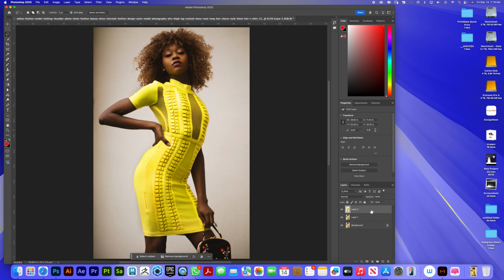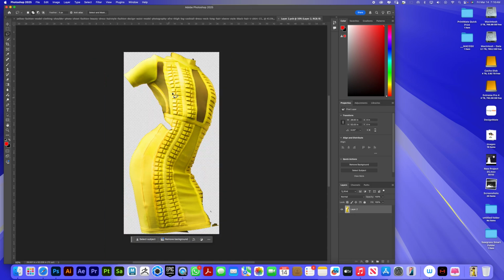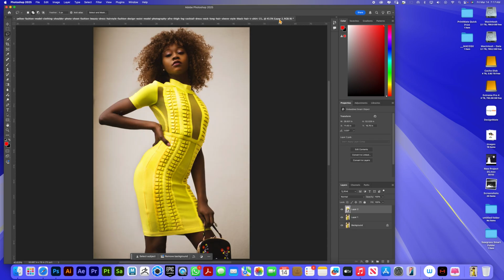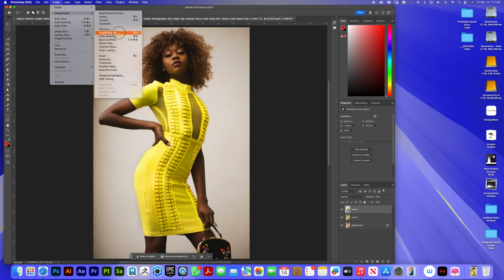With this one selected, convert it to a smart object. What that does is it protects the main image. If you have to go back and do certain touches to it apart from here, it'll be inside of that special box. So let me show you. If I double click on here, it'll open it separately for me, okay? If I want to put a sticker or a design, I can do that, but right now I don't care about that. Now go image, adjustment, hue saturation,